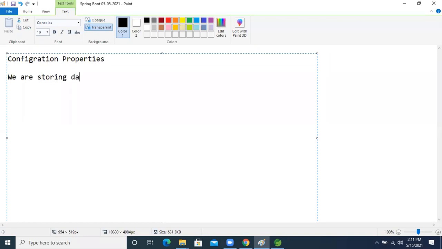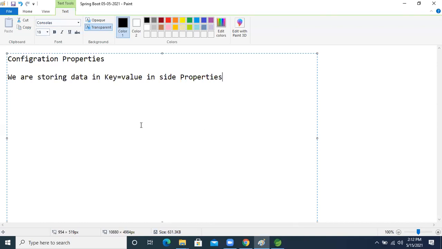Key and value format inside the property file.